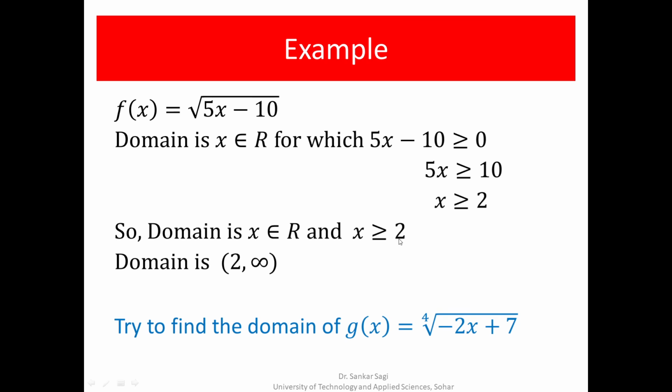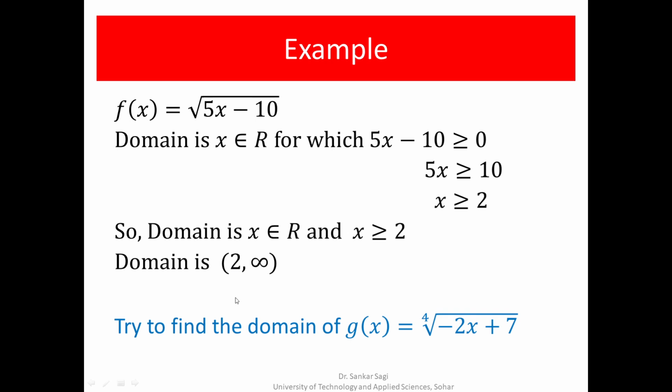So what are the real numbers greater than or equal to 2? It is nothing but the interval from 2 to infinity. And in fact, you can include 2 also here. So this bracket you can write as closed, closed 2 to infinity. It should not be open at 2, it should be closed. Any number greater than 2, and 2 itself, you can take. So by putting a square bracket here, not an open bracket, we call it a closed bracket.